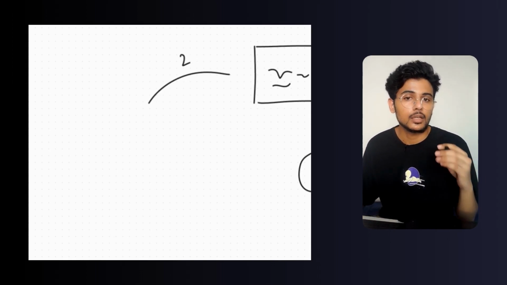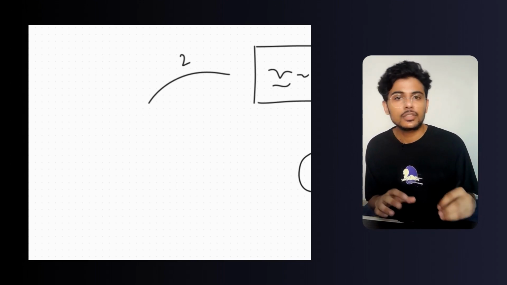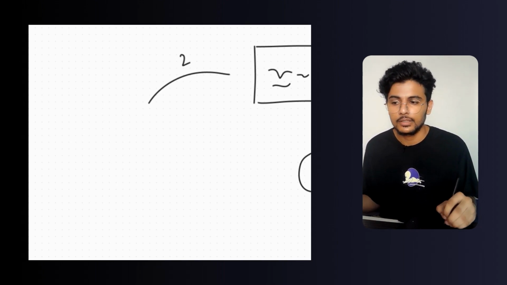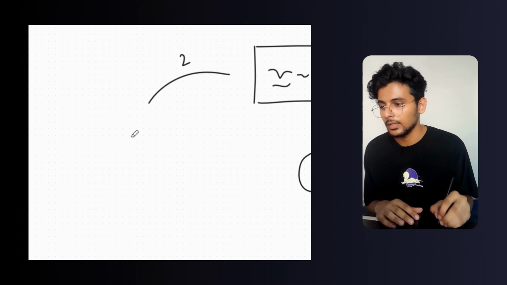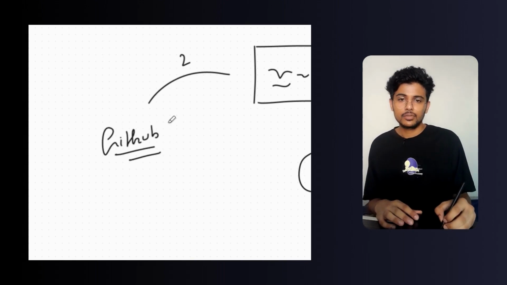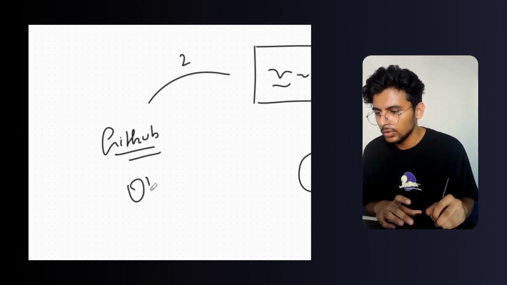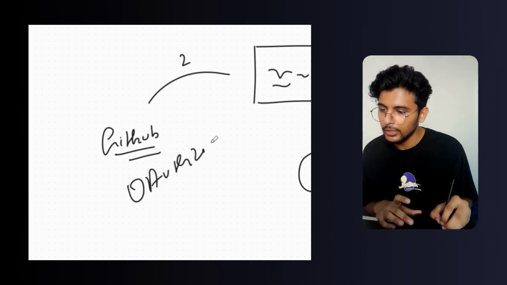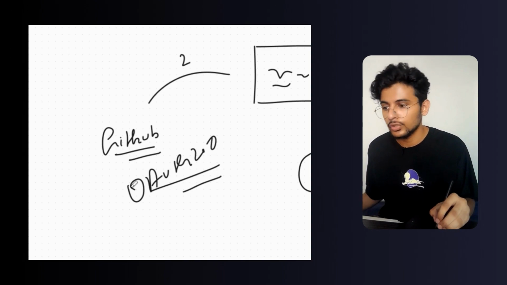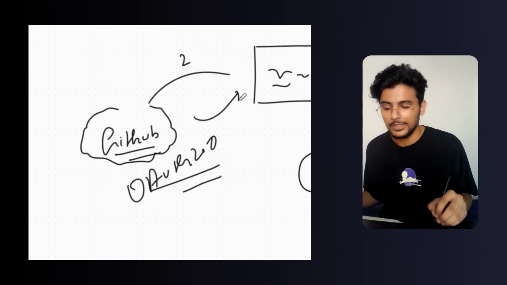Another method we can use is third party login. We have websites like GitHub, Google, Facebook. There are so many websites having millions of users. These websites allow you to sign in into your application. In this video we'll see how we can use GitHub to sign in a user into our application. All these websites use OAuth 2.0. What is OAuth 2.0? OAuth 2.0 is a protocol that allows a user to access relevant information from these websites in your application.